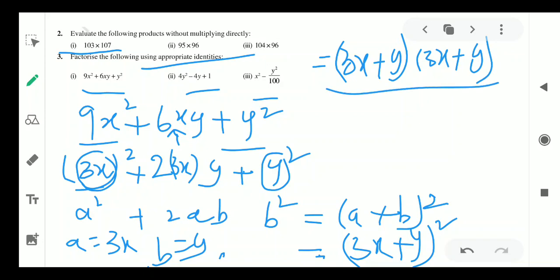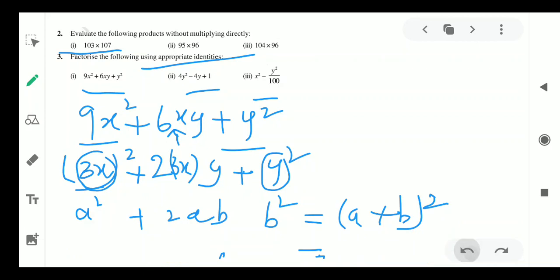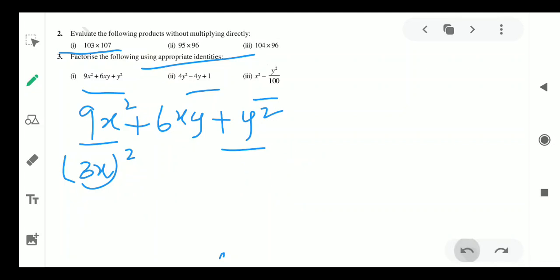That is, by using identities like this, we will factorize the given polynomial. So this is the process, simple. First, what you will do? First term and last term you have to check, whether you can write this type of problem in the form of a whole square. If in the middle plus is there, it is in the form of a plus b whole square. Sometimes it will be minus, then it will become a minus b whole square.